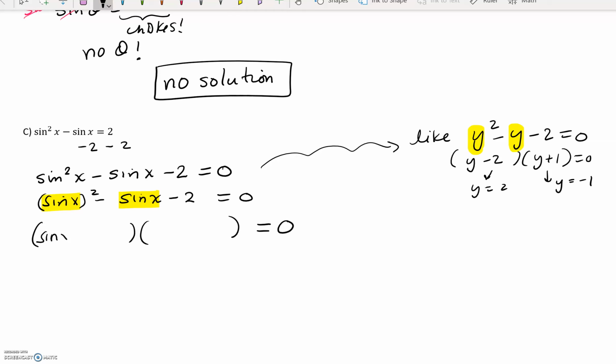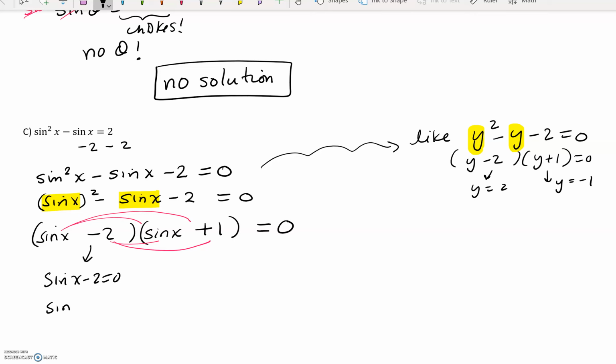So I must have a sine x here, a sine x there. And then my factors -2 plus 1 to get the negative sine x in the middle. Again, if you FOIL that out, you're going to get the original equation with a -1 sine x in the middle. But since I have it set to 0,